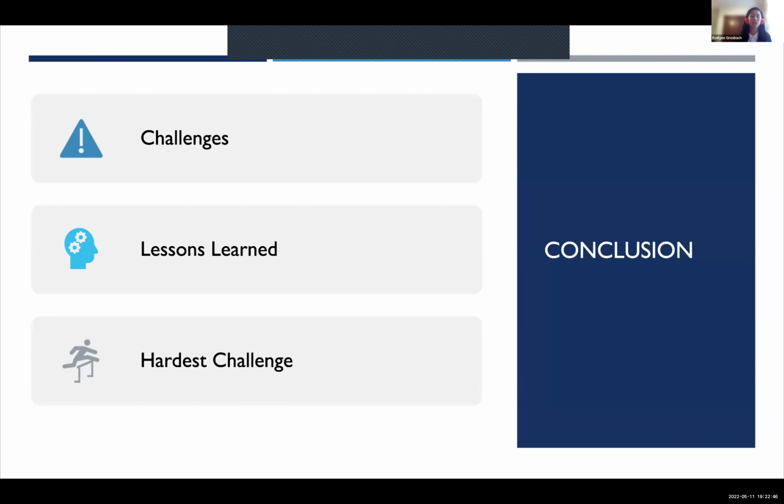And then the hardest challenge we learned was how to work specifically in a development team. So there was the communication aspect of it, making sure that everyone is on the same page, we all know what we're working on and how we're progressing on those items. And then the second part of it was our code, making sure that our own code would work with whatever our teammates were doing,